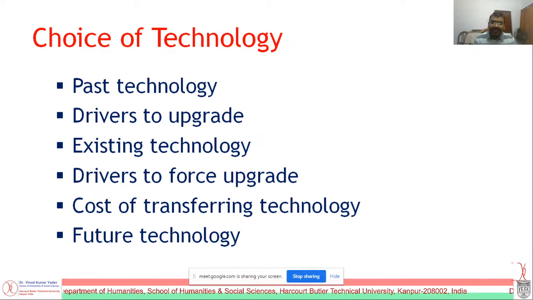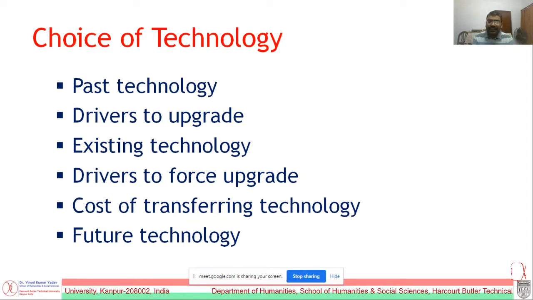So again it might be that you switch over to another refined technology, which is again oil based, or something like that. Or for washing soaps made from chemicals, how to manage this technology with the problem of skin issues. So what are the drivers to force upgrade to the next future technology? What is the cost of transferring technology? When you are choosing a project,